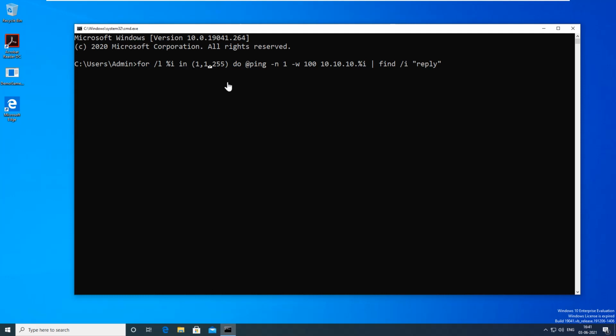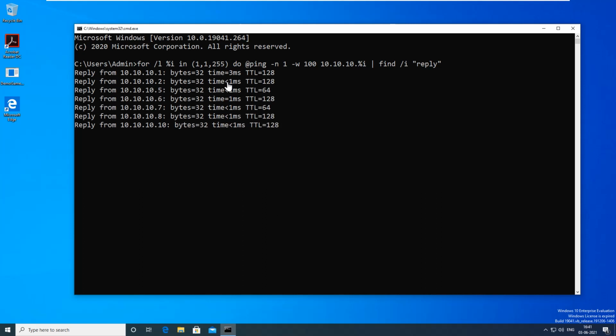I'm defining that the increment should start from 1 to 255, with the ping, incrementing the number one by one, the wait should be 100, and this is the subnet which has to be pinged. I want only one ping reply, and now we can press enter.